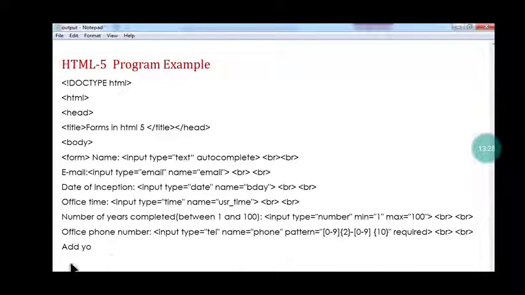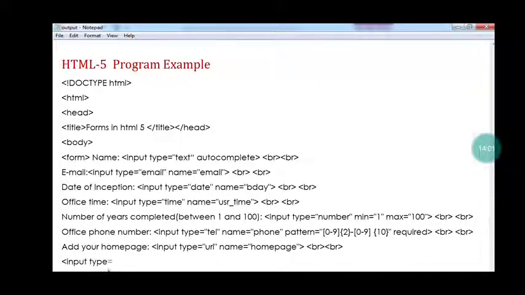Okay, now next field I use here, add your home page. And adding home page we had done input type equal URL. So input type equal URL, it will add your home page there. And without typing http www.google.com, if you type something any other letter, it will not accept. Okay, so here you have to type your web site address. If you do not type proper address, it will not go forward. The next is the br tag, again I use here to go to the next field.